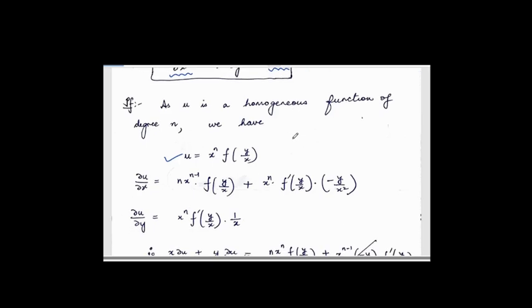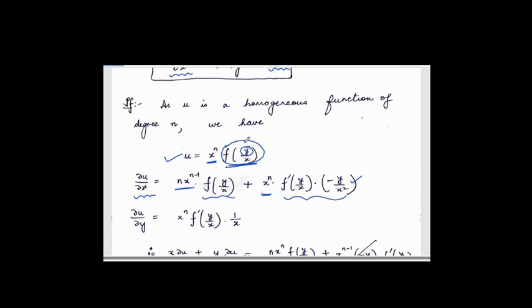If you know a little bit of partial differentiation, then it's very easy to understand that del u by del x, when you are calculating the derivative with respect to x, then y is like a constant. So it's like a function of x into another function of x, but y is to be treated as a constant. So the derivative of the first function into the second function as it is, plus the first function as it is into the derivative of the second function which we have obtained, we have to differentiate this with respect to x, treating y as a constant. So it will be the derivative of f into the derivative of y by x, treating y as a constant. So it's minus y by x square.